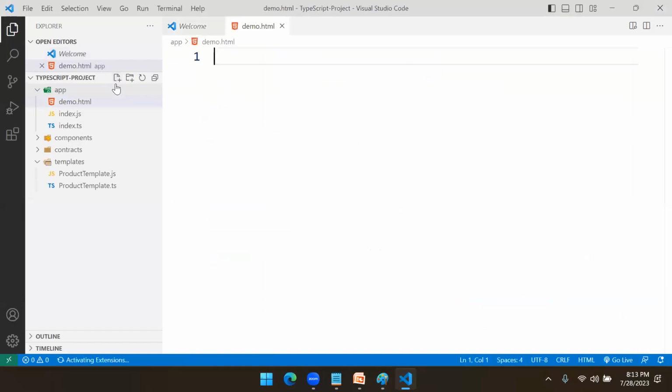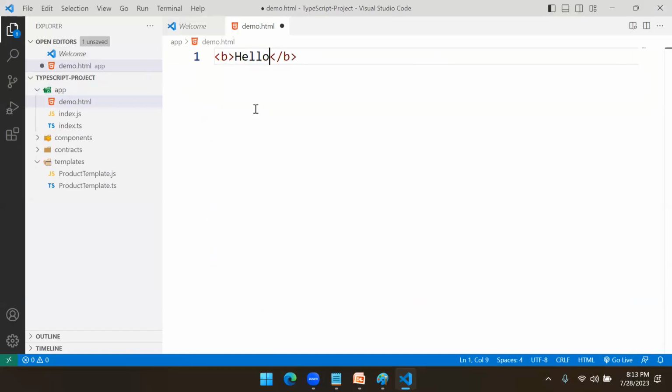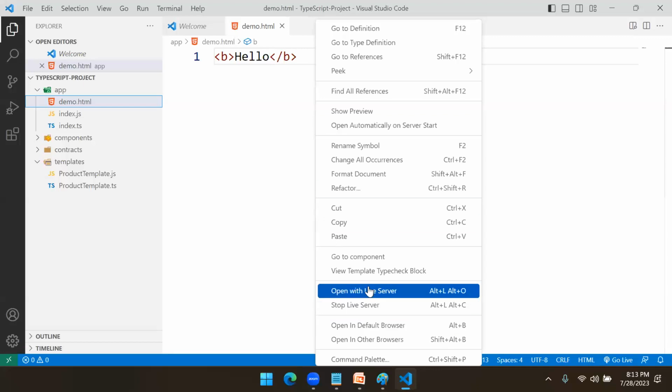Suppose we have an HTML page. In that I kept hello in bold. I am not using any hierarchical order, I am not writing any order. I just wrote only bold. Now, when I run this in the browser,